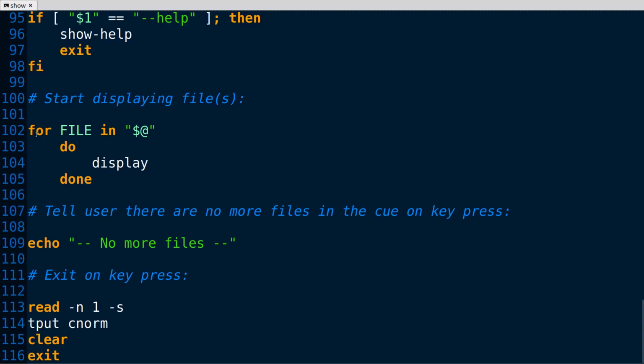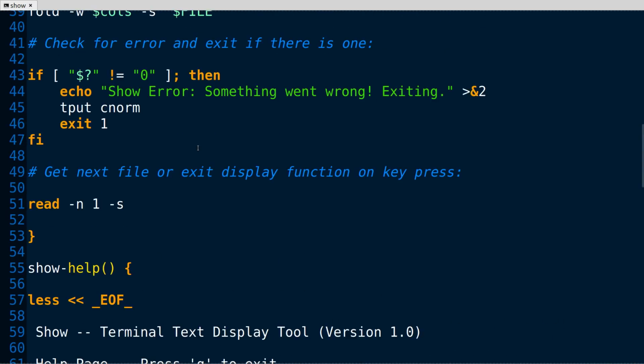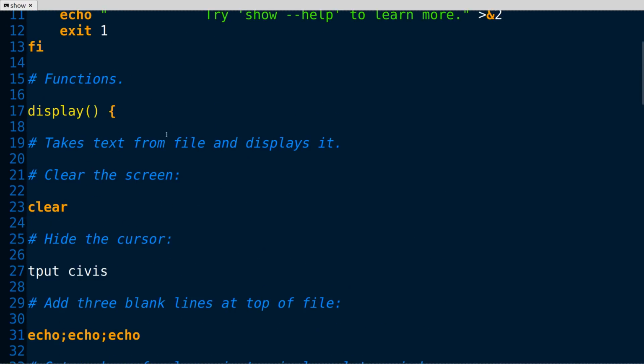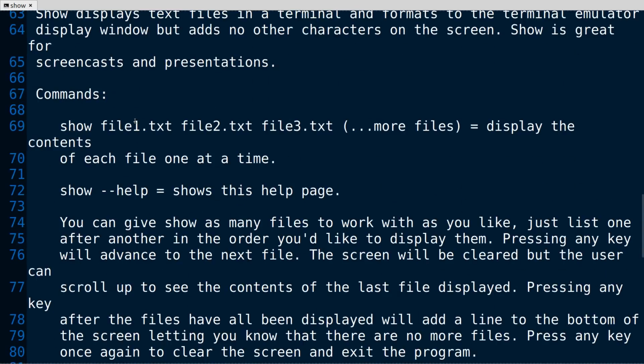And yeah, it's a for loop, so it grabs it. File is what we just set with that information, runs the fold command. And this part right here is however many files you put in there, just any number of arguments. And throws it into display, which is the actual function that makes that happen. There it is right here, display. So yeah, it's been a long time since I actually looked at that one.